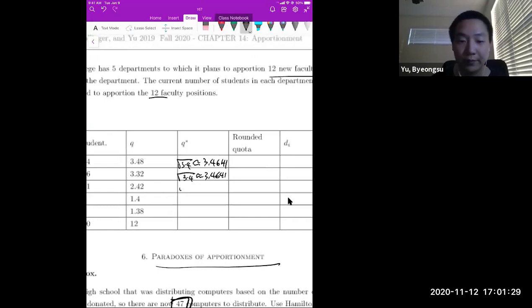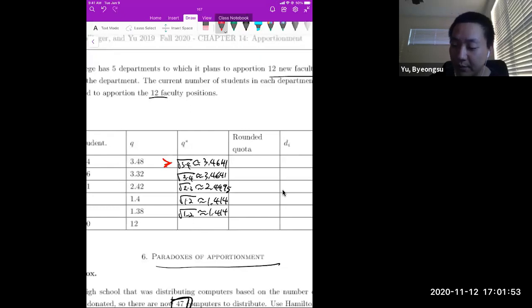So I will just fill out those numbers again. Then for the rounded quarters, if you compare Q and Q star, then Q is greater than Q star for the first line,